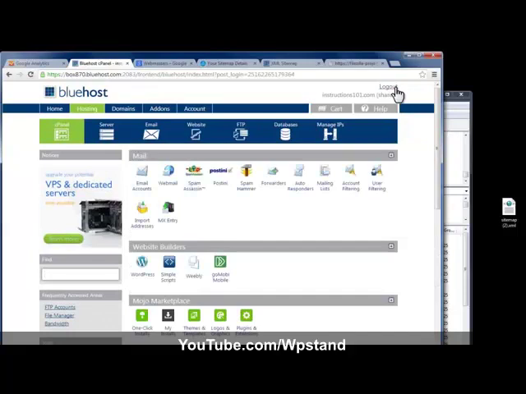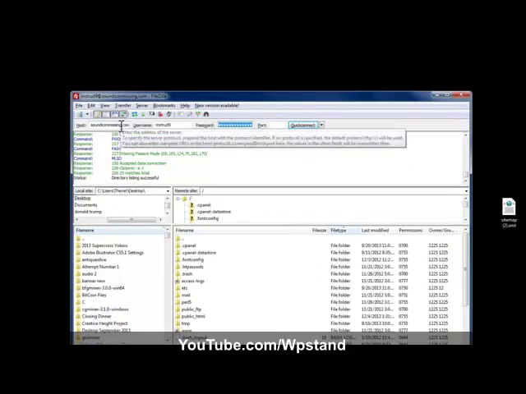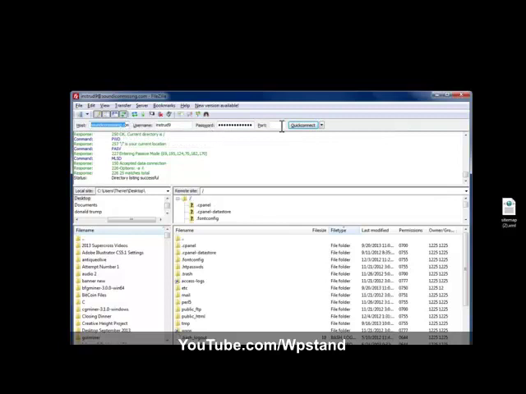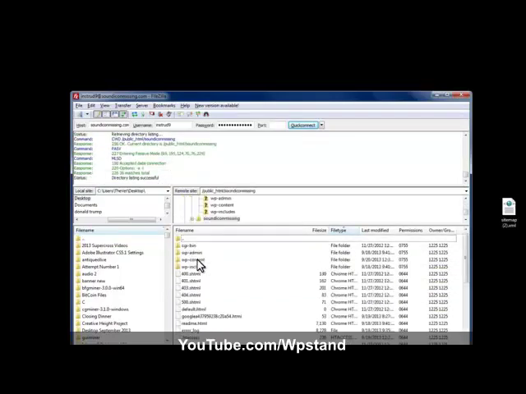You might have Yahoo, you might have GoDaddy, you could have anybody. So you'll need to get that information, those FTP login settings from your hosting provider. Once you get it, you'll put in the host, username, your password, you'll connect, and you'll see all of the files in your back end for your website. So for me, I'll click on public HTML. Here's my sound icon missing folder. So here is my root